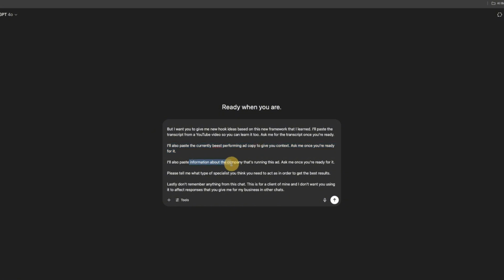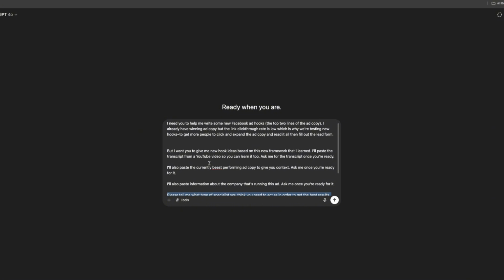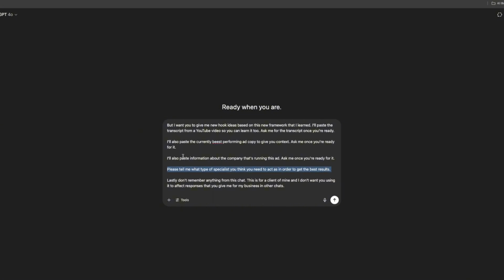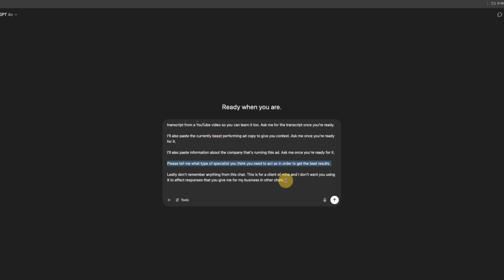I'm also going to paste information about your dad's business, and I'm also asking it what type of specialist it thinks it needs to act as to get the best results, because AI can assume many different specialist roles and give you different results based on what kind of specialist it is going to be. And then this last bit is just because this